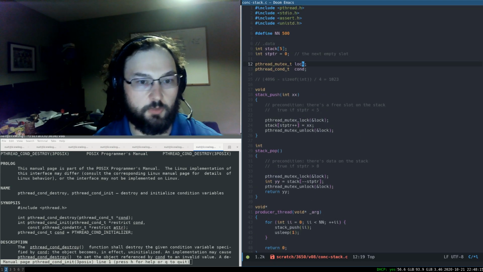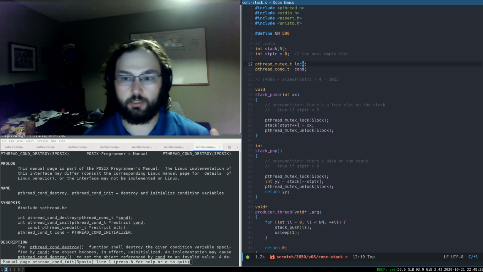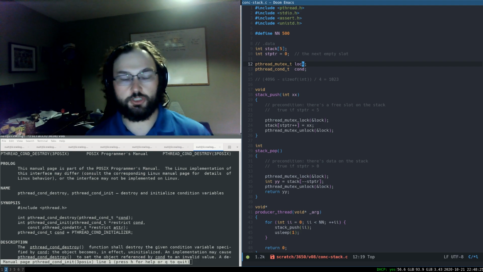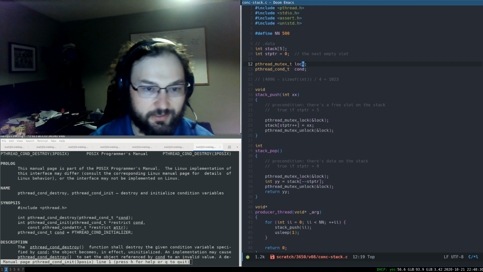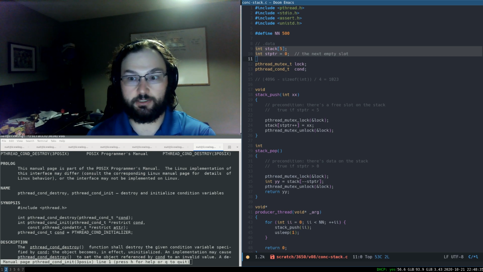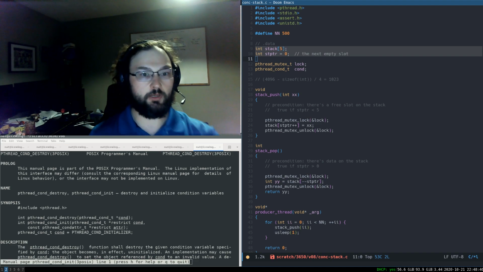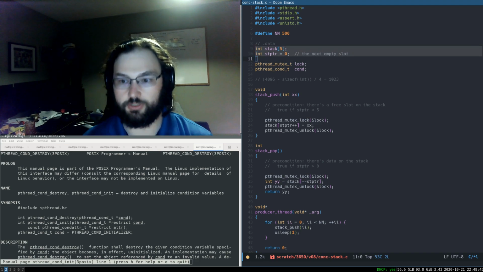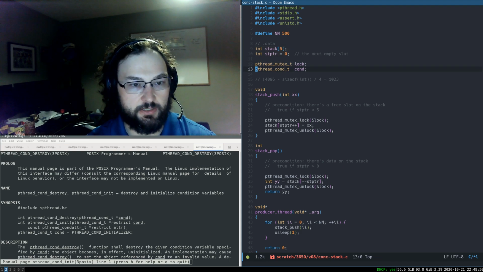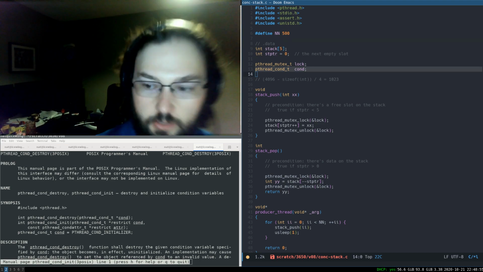So a condition variable is something that goes with the mutex, and it allows us to have logic that is going to block on sort of arbitrary conditions where the condition is related to the data that's protected by the mutex. So we have our shared data, which is this stack structure. The shared data consists of 2 parts. We have the stack variable and we have the pointer. This could be a structure. I just didn't define a structure because it's 2 globals. That shared data is protected by this lock, and associated with that lock is this condition variable, which we can use to